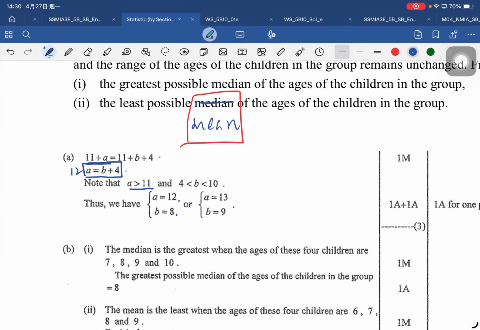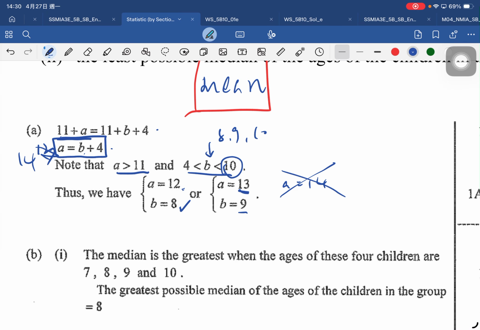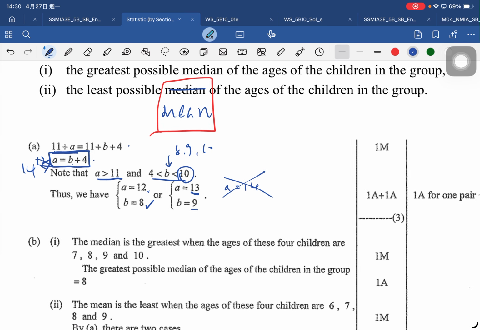Is it possible? 可以，8喺度。If A is 13, that means B should be 9. Is it possible? Yes, also in this range for B. But when A is 14, B should be 10, greater than 10 more. So the next one is impossible. So maybe more than one pair of values. So these two are the answer. 兩對都啱嘅。